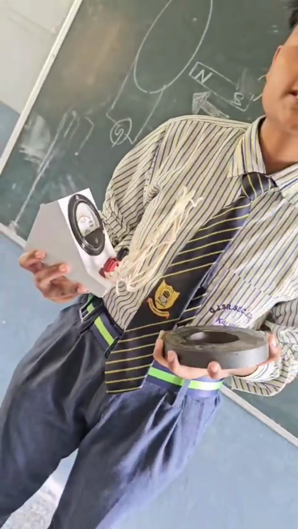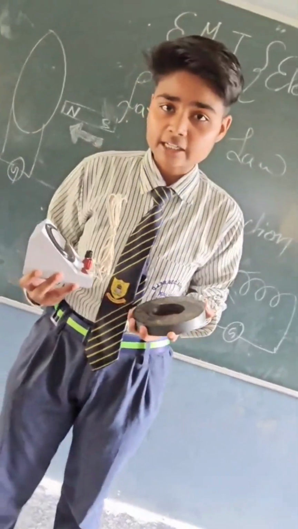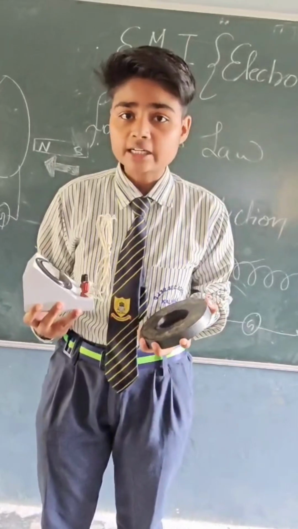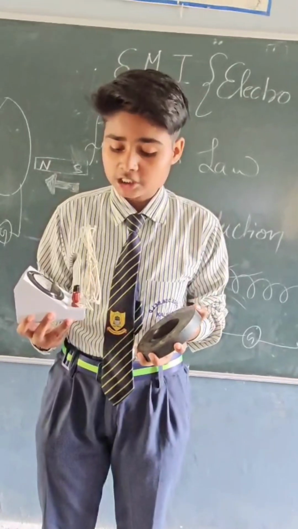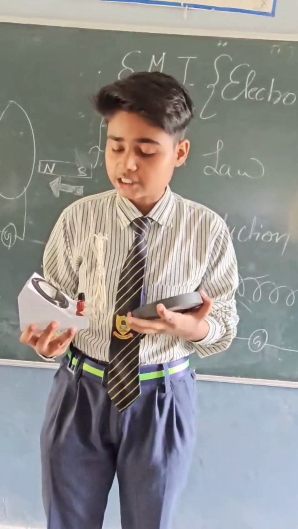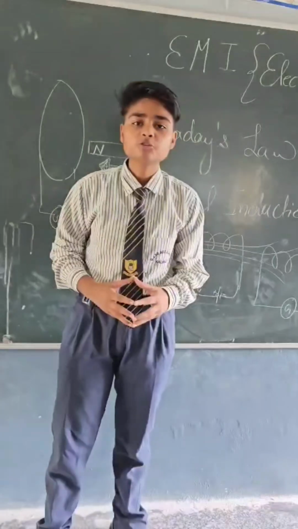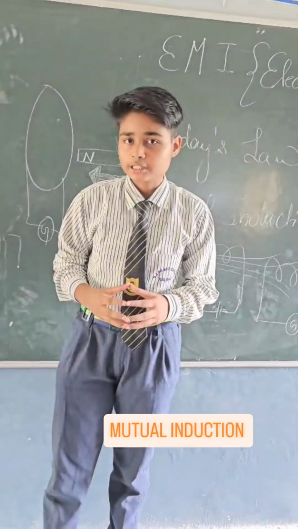needle. This suggests that when there is a change in the magnetic field around the conductor, the magnetic flux around the conductor gets changed. This flux induces current in the coil that leads to deflection in the needle of the galvanometer. Move to the next topic, that is mutual induction.